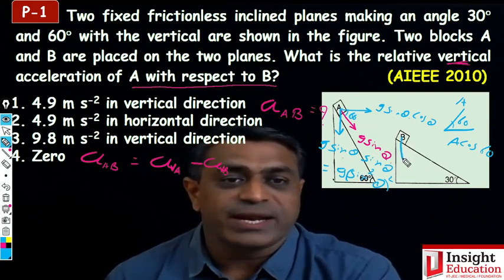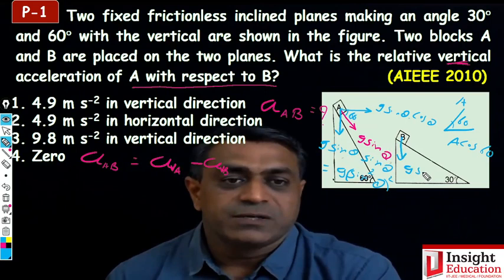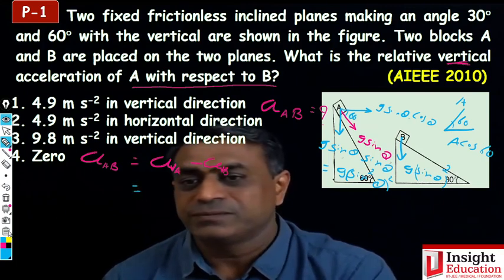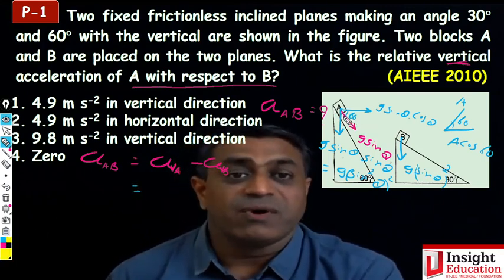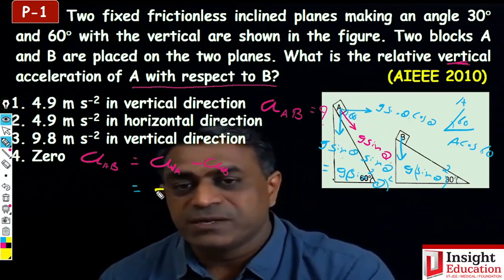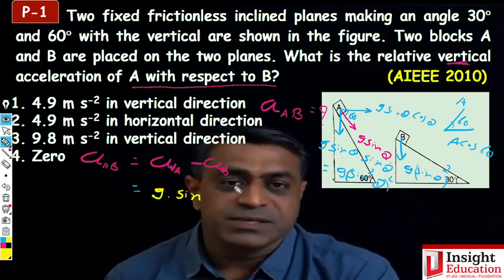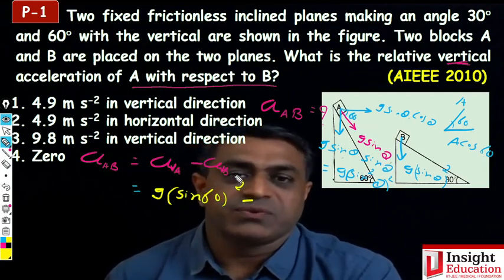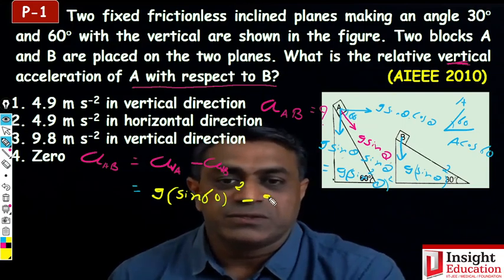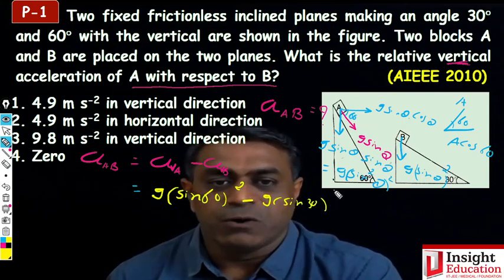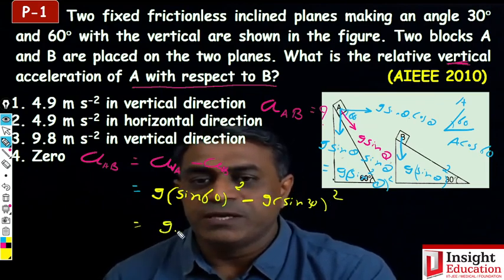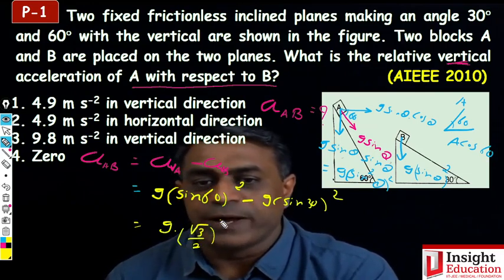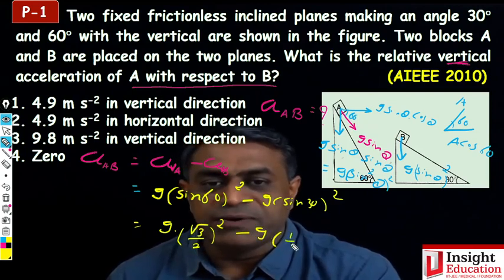Similarly for B also I can write acceleration g sin theta whole squared. Okay, so now I can write here: acceleration of A, or vertical component of acceleration of A, that is g sin 60 whole squared, minus acceleration of B, the vertical component, so I can write g sin 30 whole squared. So g sin 60, that is root 3 by 2 whole squared, minus g sin 30, 1 by 2